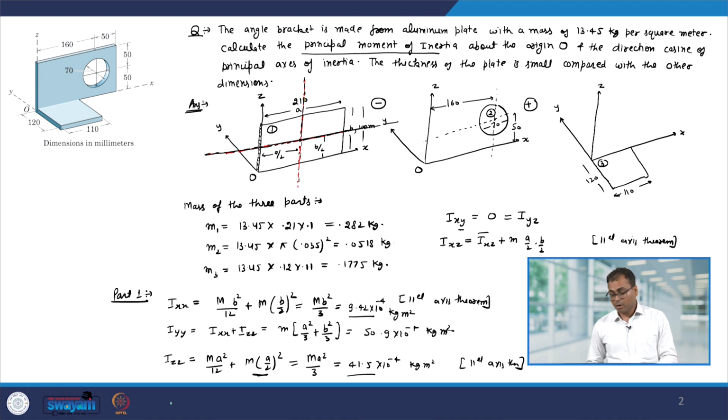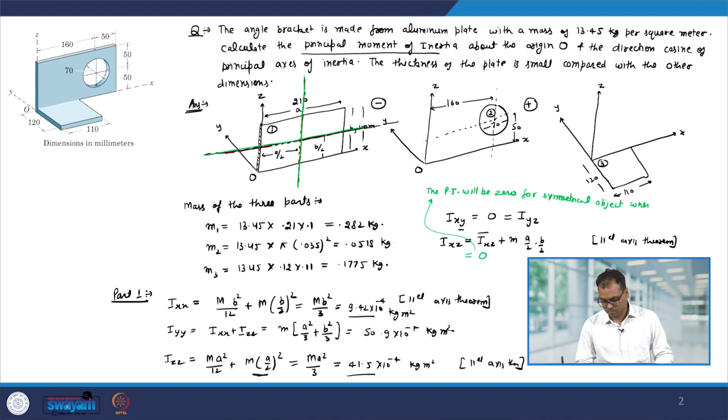Now, the I bar xz will be 0 because the plate is symmetrical about this axis. So, let me mention this clearly. The product of inertia will be 0 for a symmetrical object